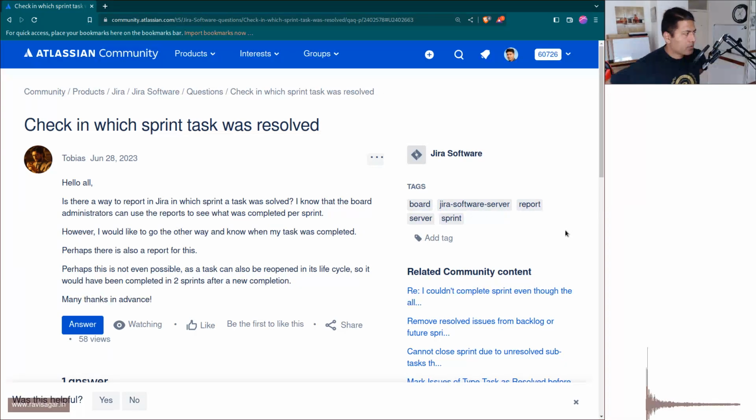Hello everyone. There was an interesting and very valid question about finding the sprint when the issue was actually completed. Now, if you're using Jira Software, using Scrum and using sprints properly, then I'm sure you know that you can of course create your sprints, and within your sprints you will